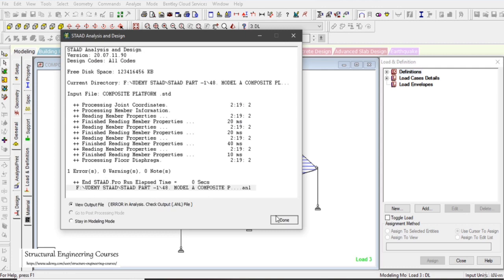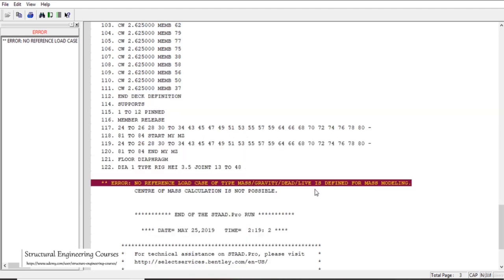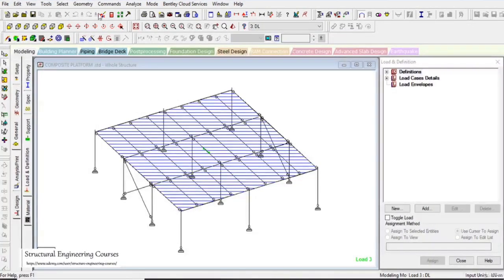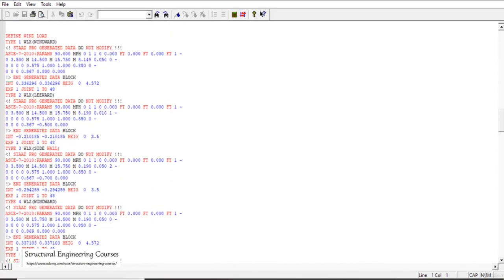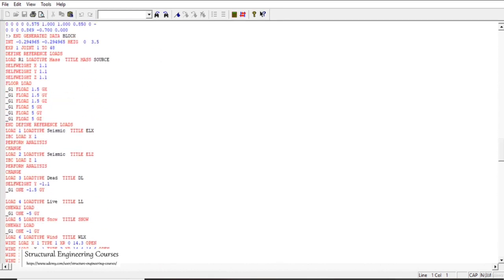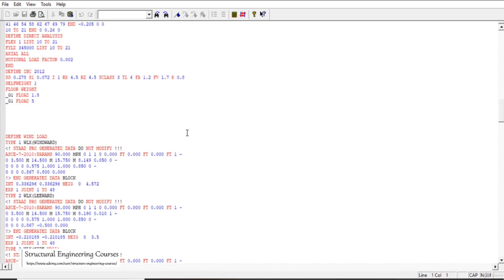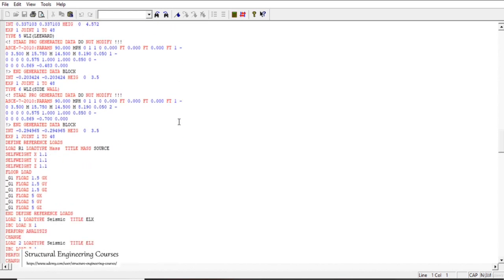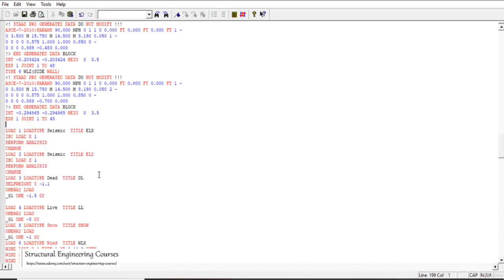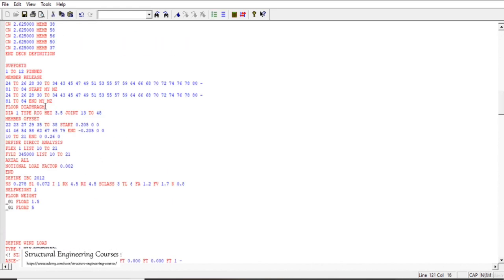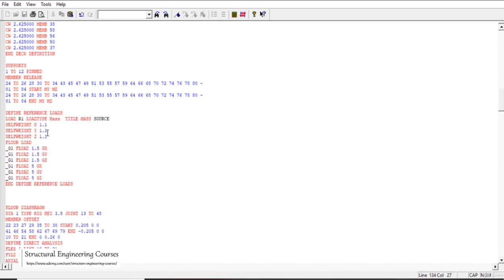So now we can see that the warnings are removed, but there is this one error: no reference load case of type is defined for mass modeling. This is a typical error that occurs when you are defining the reference loads and floor diaphragms. So go to the reference load definition. From defined reference loads to undefined reference loads, we search for the floor diaphragms here. The floor diaphragm is defined here,